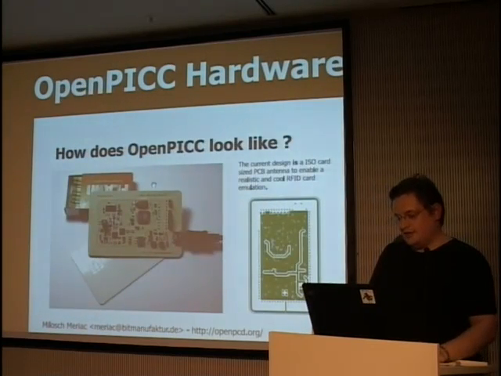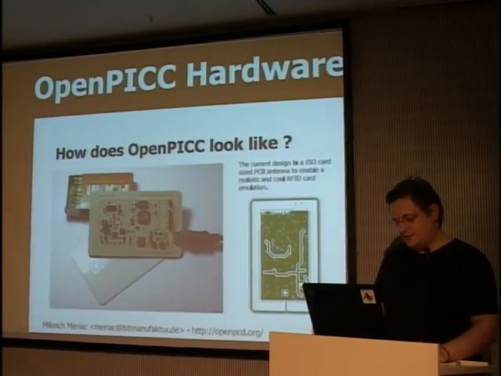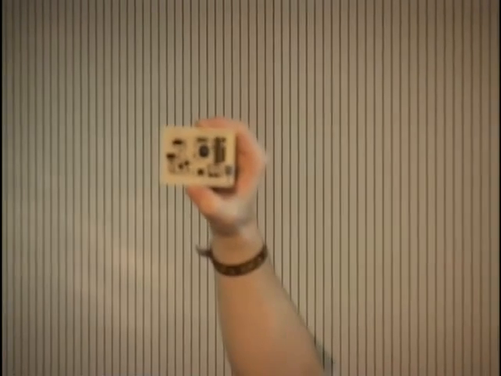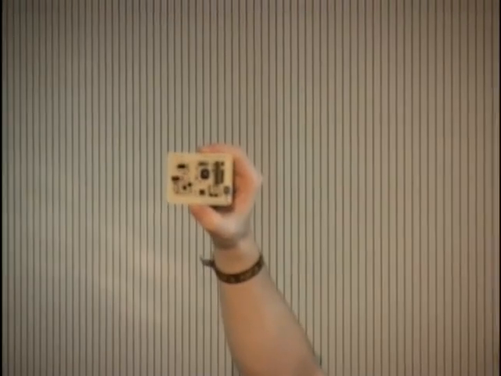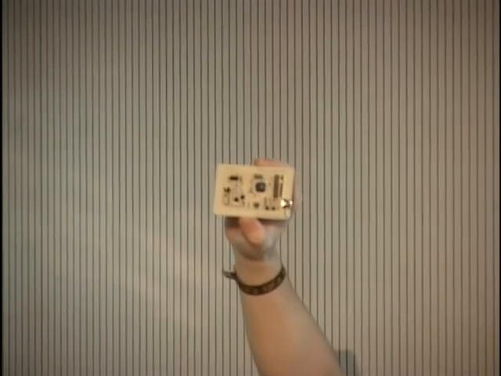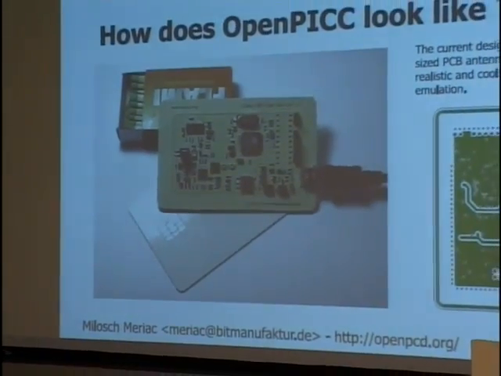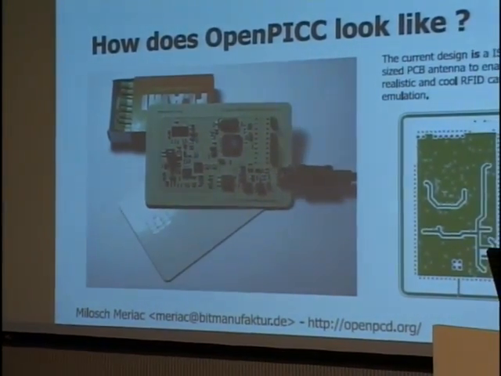Okay, this is how it looks. For the sake of coolness, it's credit card sized. It's all again 4 layers. You see again the 4 turns, and as opposed to OpenPCD, we chose white as opposed to the reader. And you again have a JTAG adapter, but in this case it's really helpful, because to